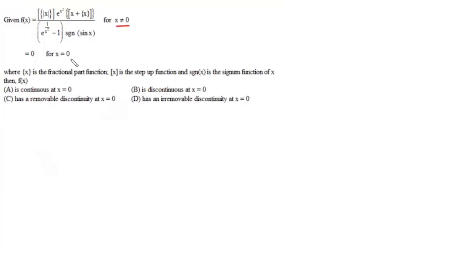Now we need to find continuity of this function at x equals 0. Now it is given that f(0) is equal to 0. What we'll do is we'll first find its left hand limit. Now the left hand limit will be f(0 negative), and will be this limit